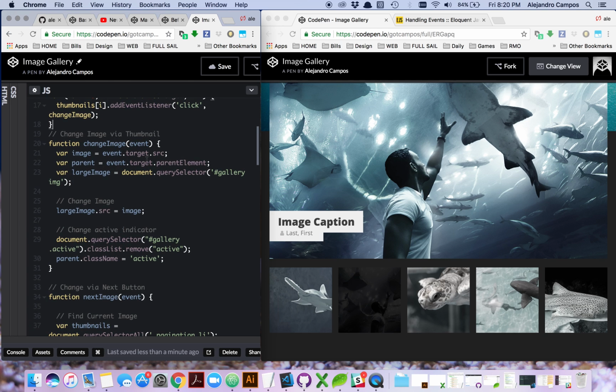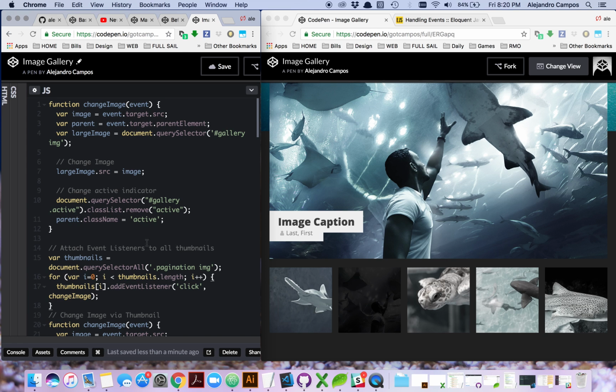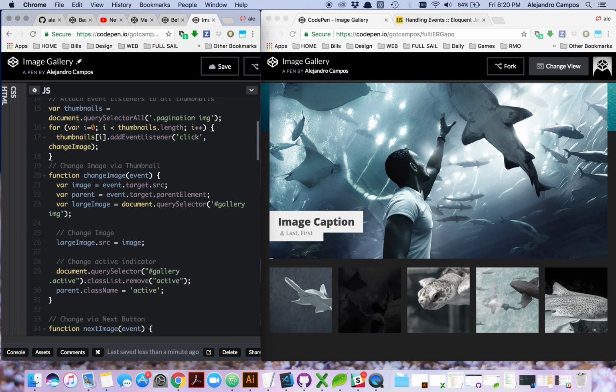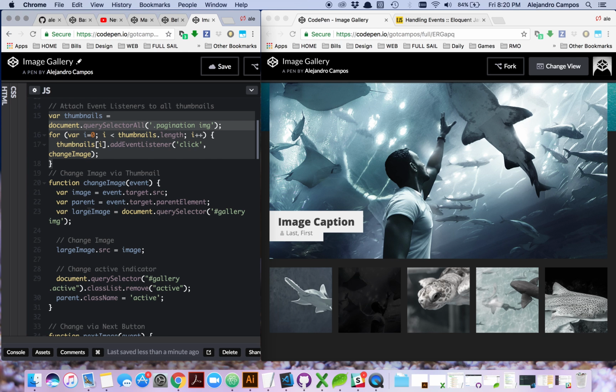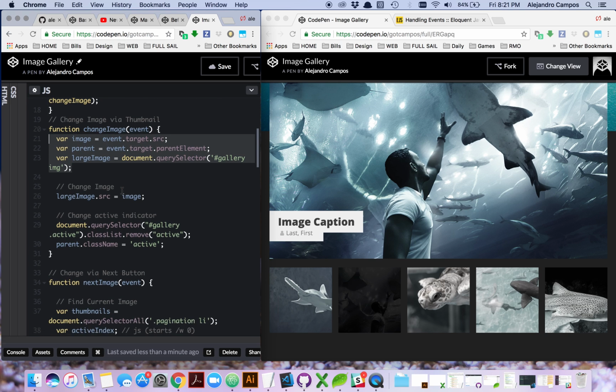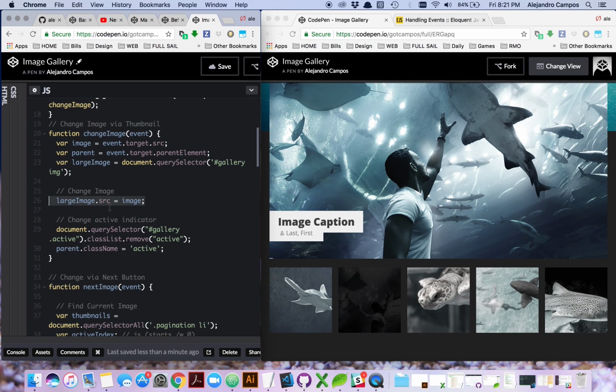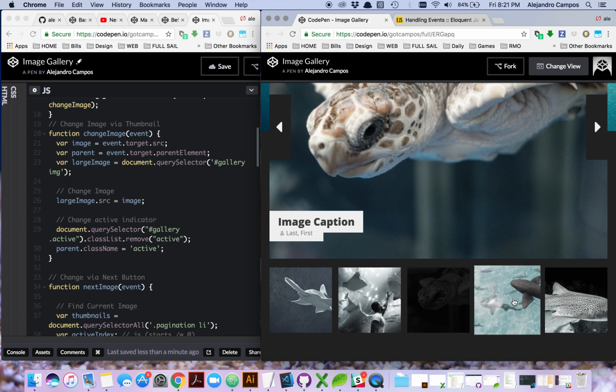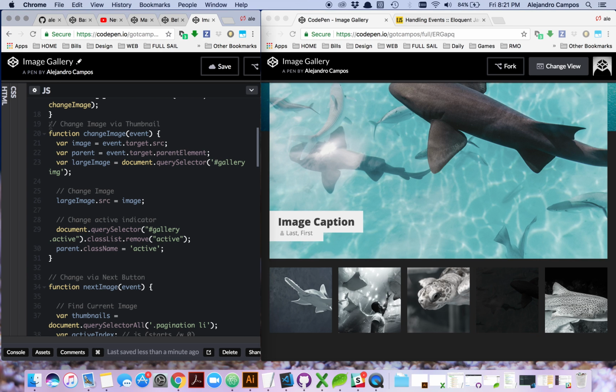Now we need to attach that to the thumbnails so that our event actually takes place. So we need to do the same thing we did at the top to refresh that because this loop hasn't taken place at the top. So we need to create these again. Function changeImage, and the same 3 lines of text for the variables that we created again will replace that. Now when we do large image source and we set that image to the source, the thumbnails will actually work. But without these being done after the loop, you'll see that if I delete that